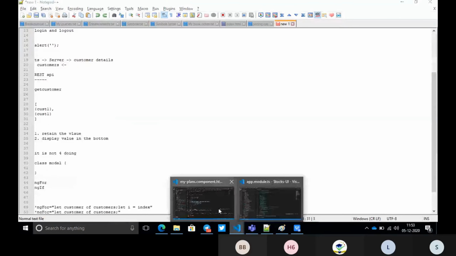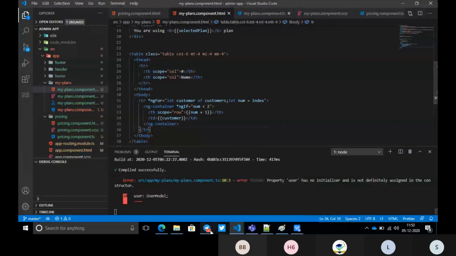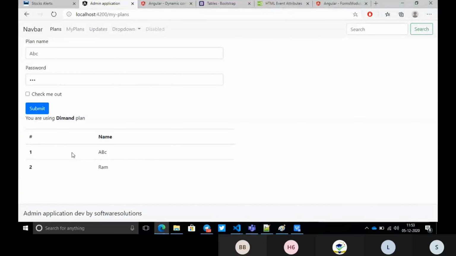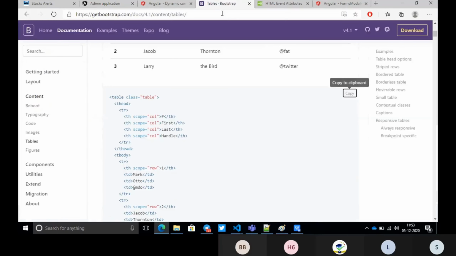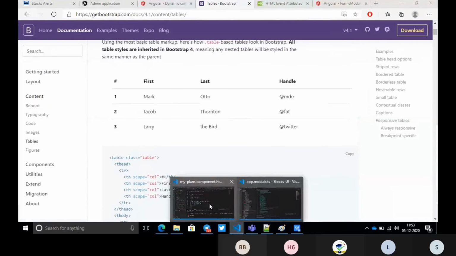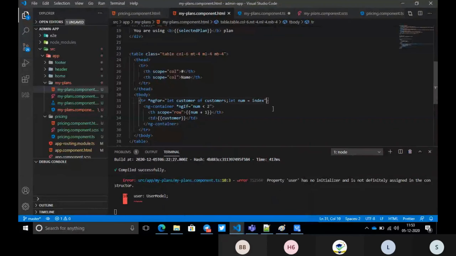What we'll try to do now is use some different styling. For the first row I want to use some color, and for the second row I want to use a second color. I want to go with some table colors. Let me go to my class, and I think all of you know Bootstrap.